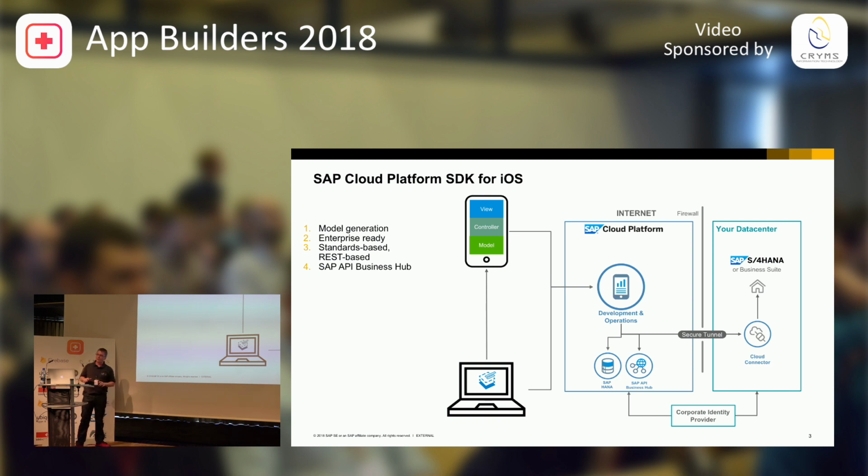Very critical when it comes to building enterprise apps is that these apps need to work always. They don't need to work only when you are on a 4G or Wi-Fi connection. They always need to work. More often than not, at least in enterprise scenarios, you are in situations where you don't necessarily have good reception, right? So we want to make sure that these apps work offline as well. And because we use the OData service